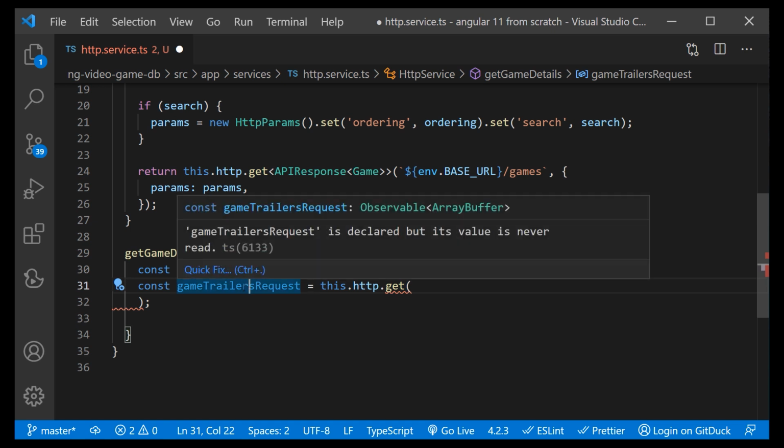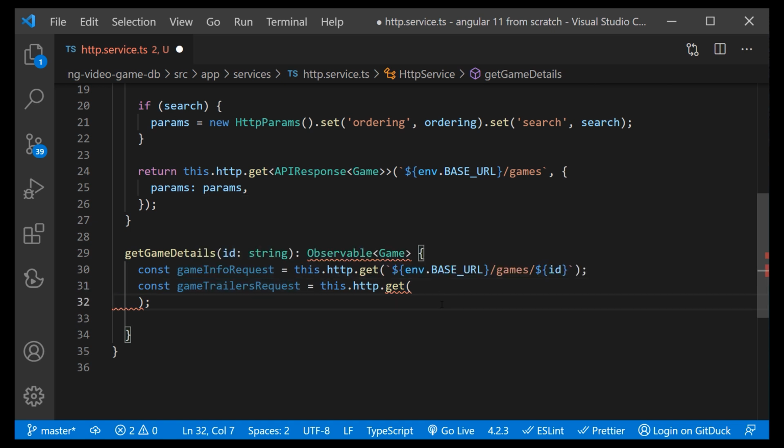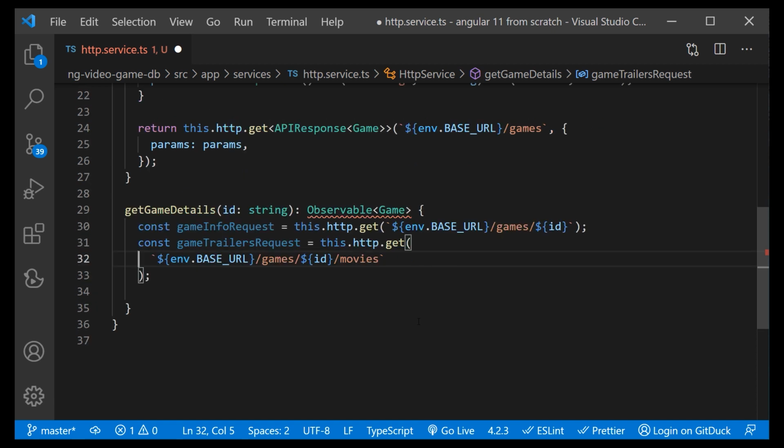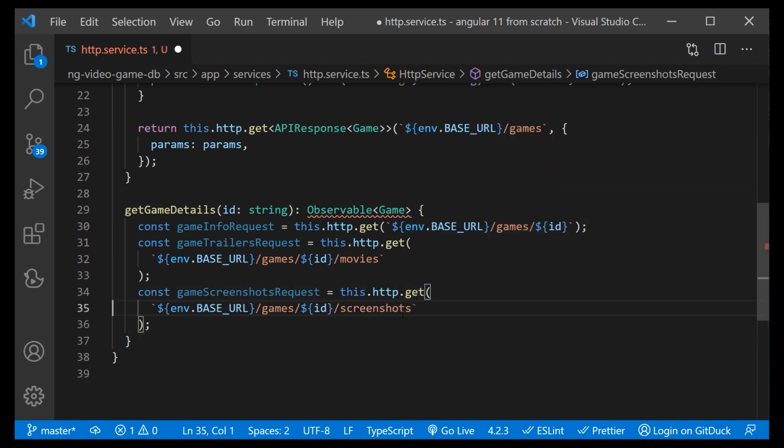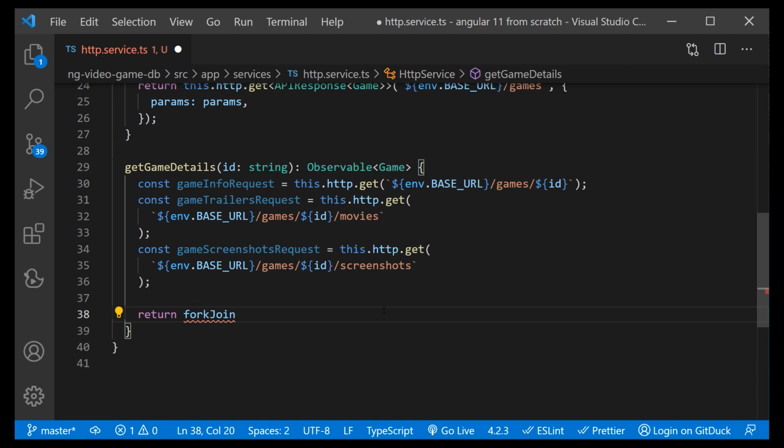So constant game trailers request equals HTTP get method, and the URL is base URL games/ID/movies. And the next one is we want to display some screenshots of our game. So the next one is this HTTP get base URL /game/ID/screenshots. And now we want to use a fork join to retrieve all of these get methods and combine them